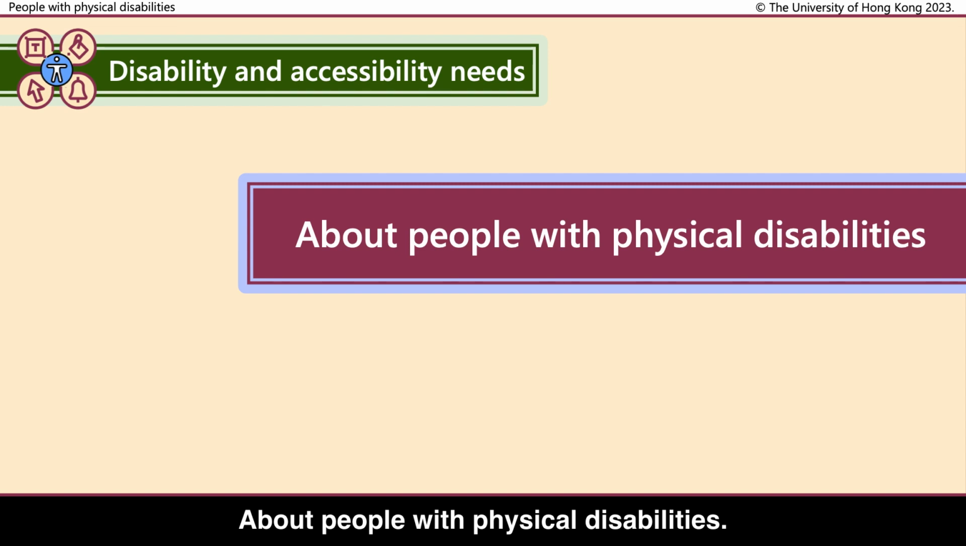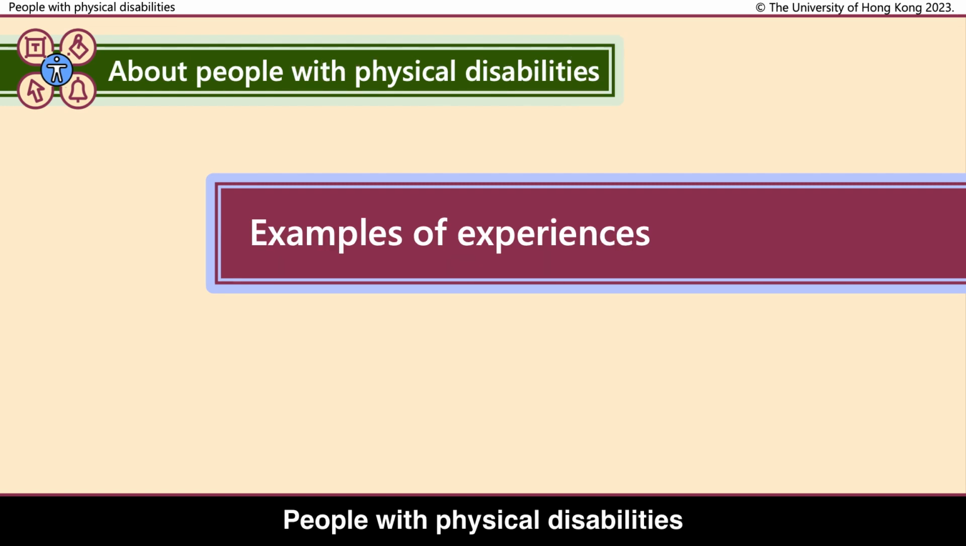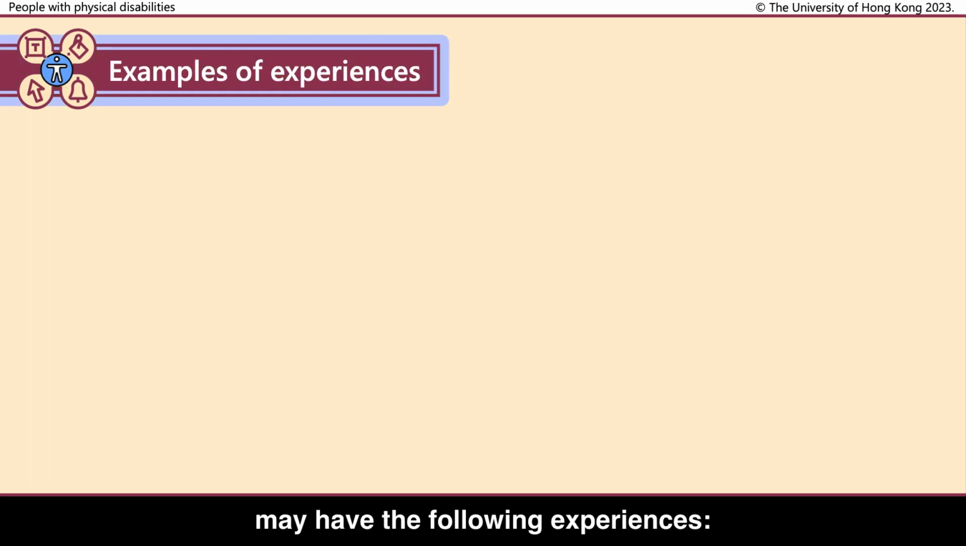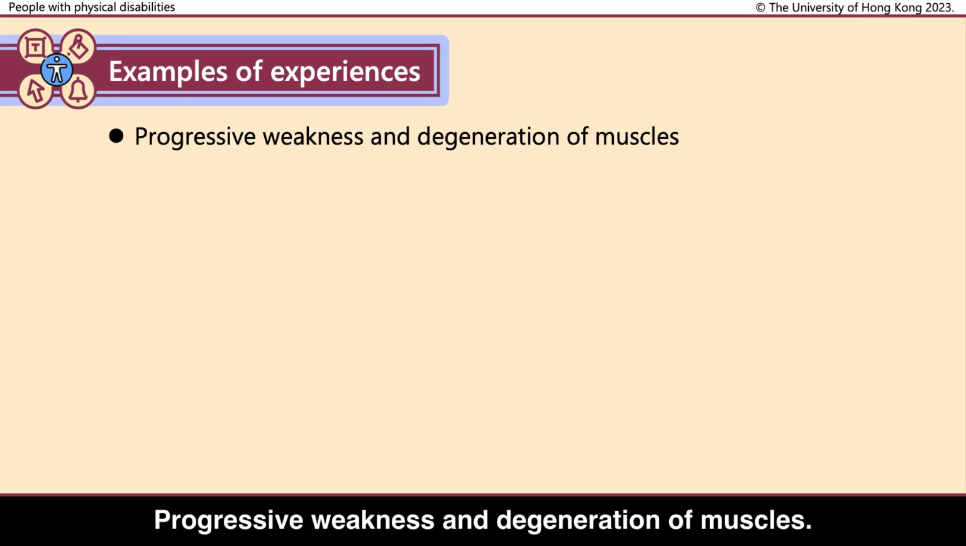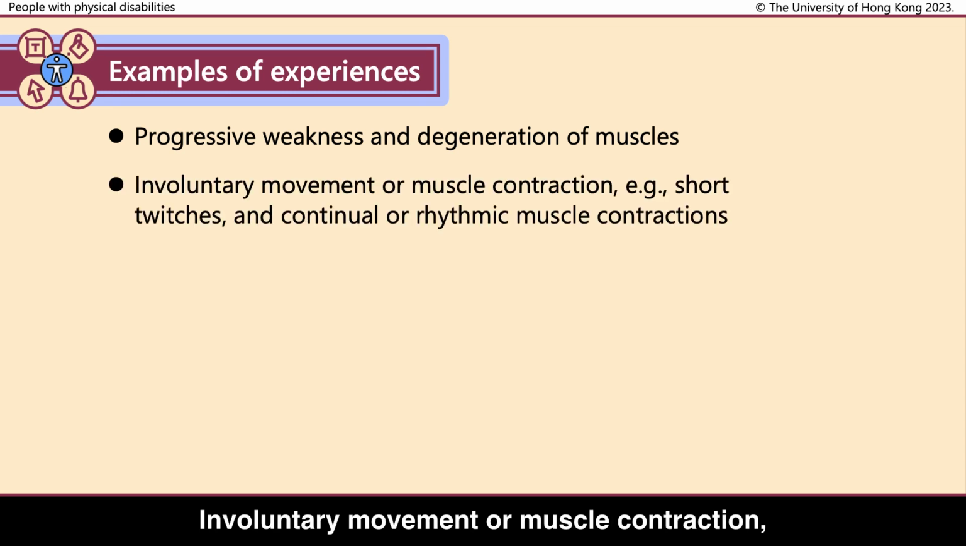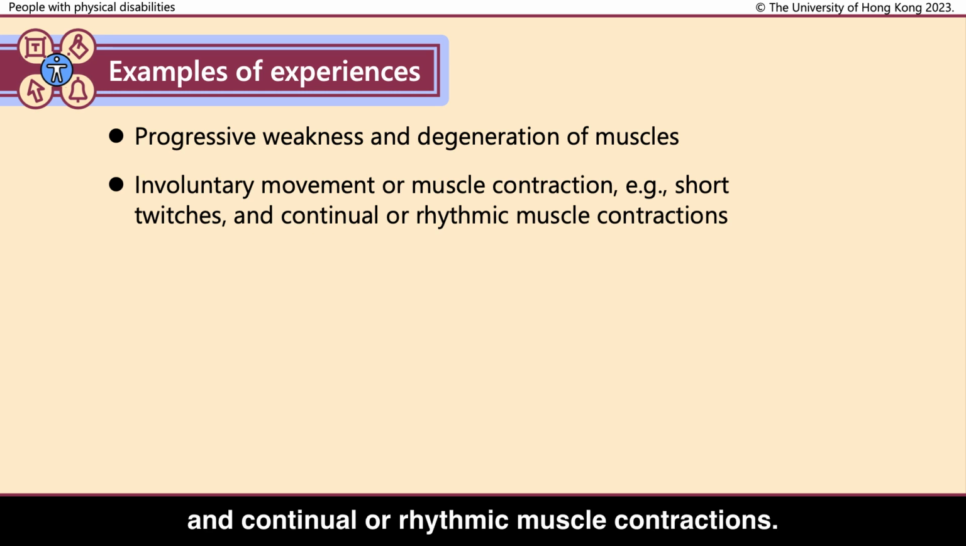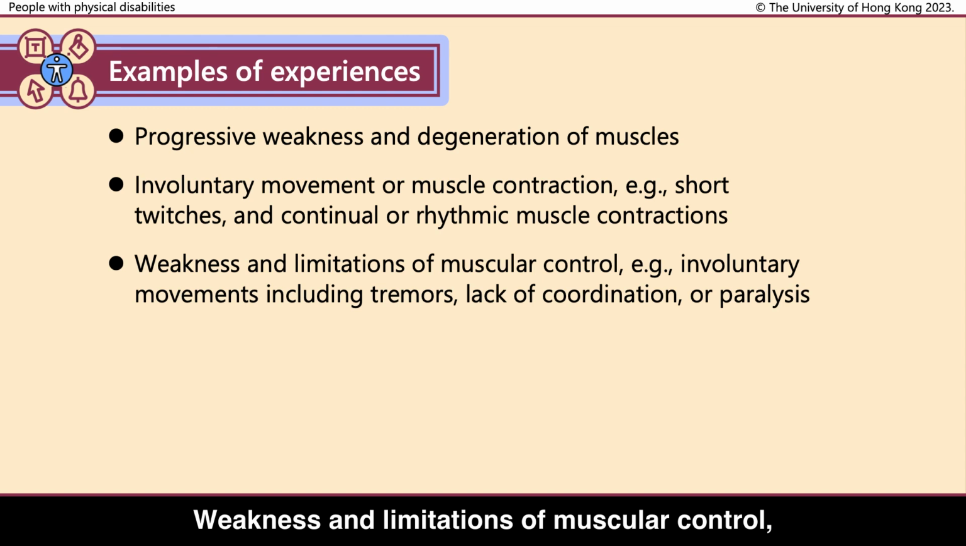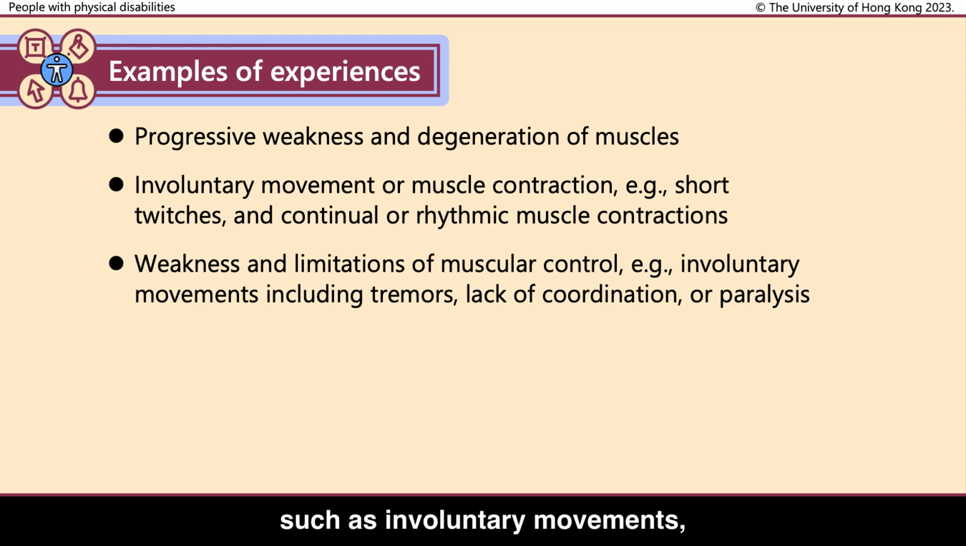About people with physical disabilities. People with physical disabilities may have the following experiences: progressive weakness and degeneration of muscles, involuntary movement or muscle contraction, such as short twitches, and continual or rhythmic muscle contractions, weakness and limitations of muscular control, such as involuntary movements,